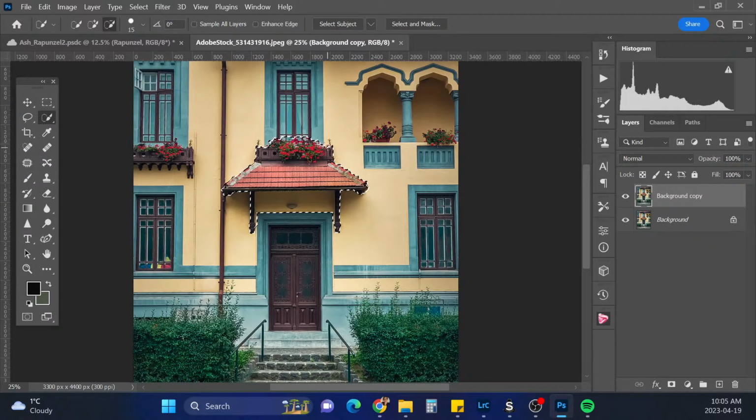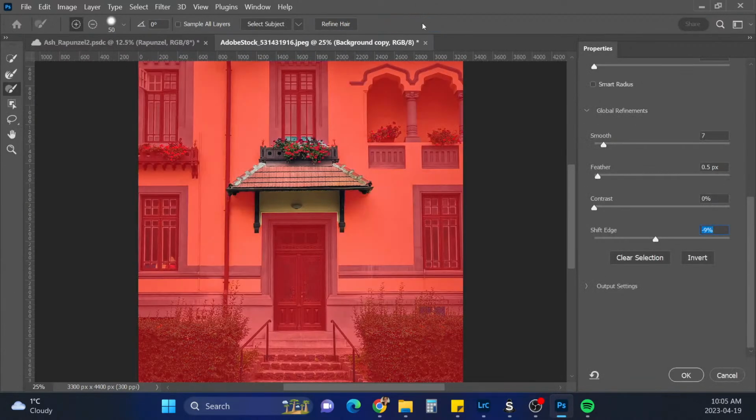So something like this. Let's go to select and mask again. Oh, I don't want any of that, but let's see if we can get the flowers selected a little better.